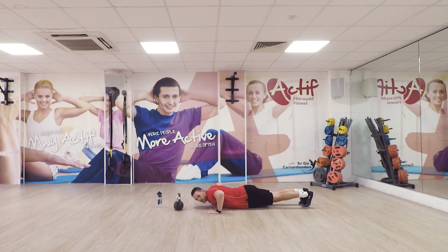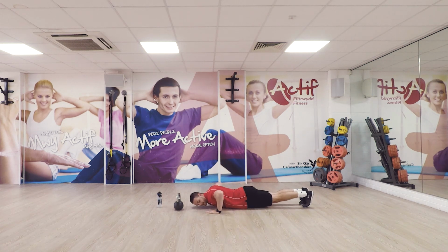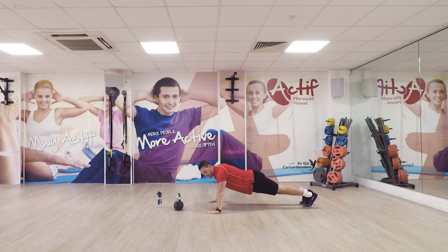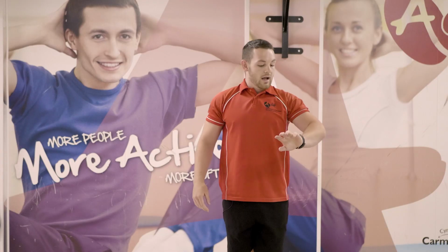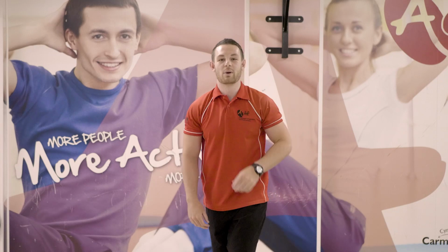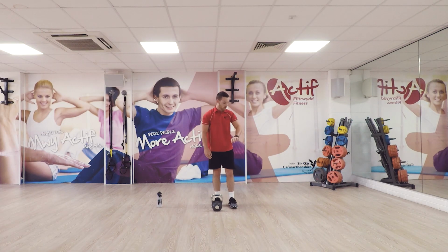So that is halfway through. We've got 10 seconds left to go. And then we got that 10 seconds off. So in that time, take your time to recover, because we've got 5 more seconds off before we go in for the next one. So it's going to be the kettlebell clean and press, or whatever you've got at home,